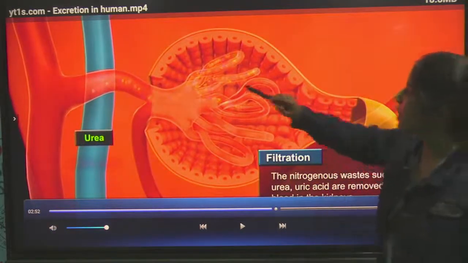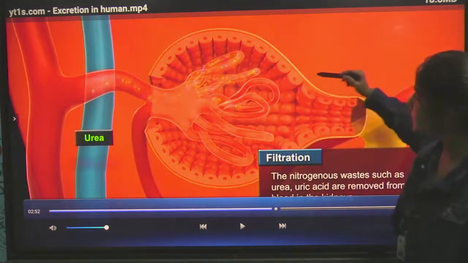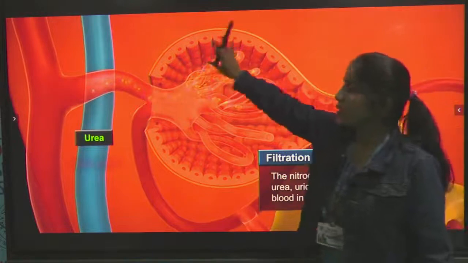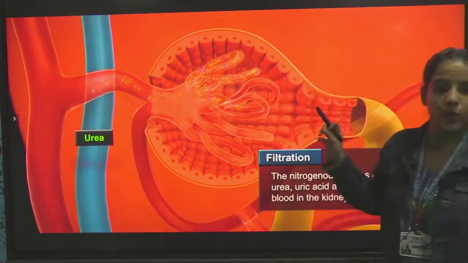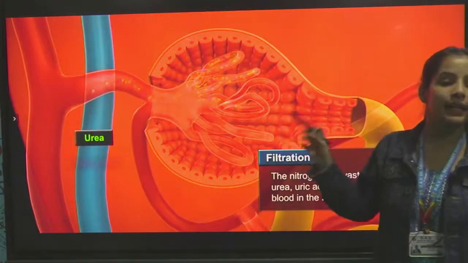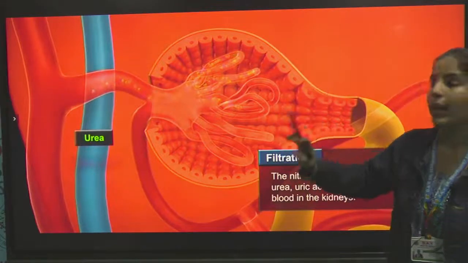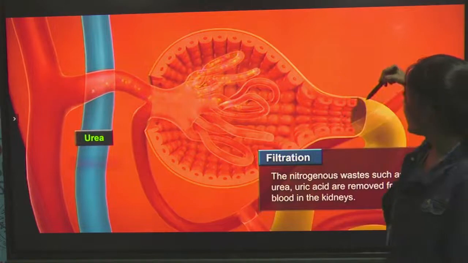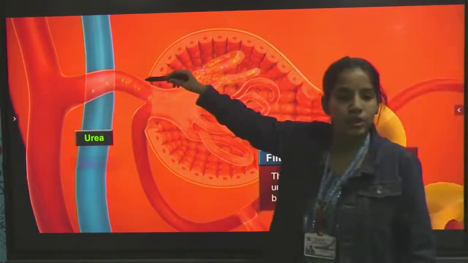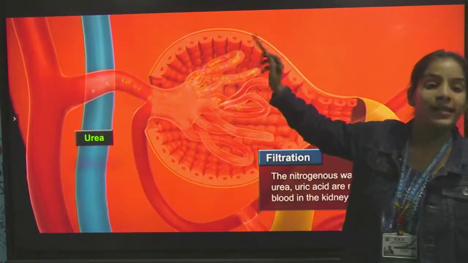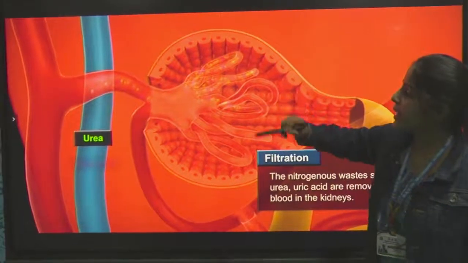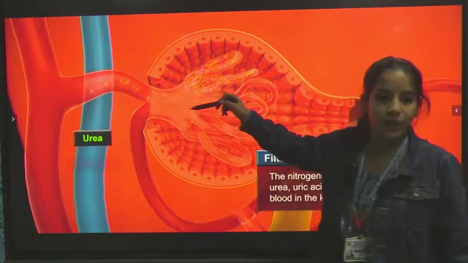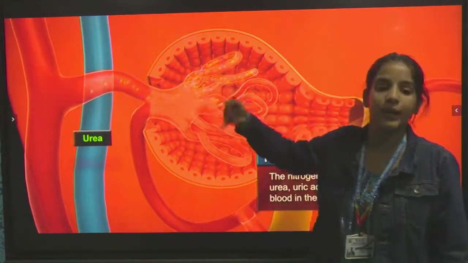Filtration. The nitrogenous wastes such as urea. Class, you see this structure? This is a Bowman's capsule. Okay, the whole structure is nephron, and they are telling you the detailed study of nephron, in which this structure is a cup-like structure, and it is called Bowman's capsule. In Bowman's capsule, the afferent arteriole and many other blood vessels,